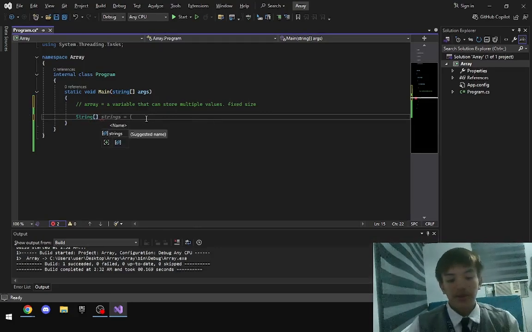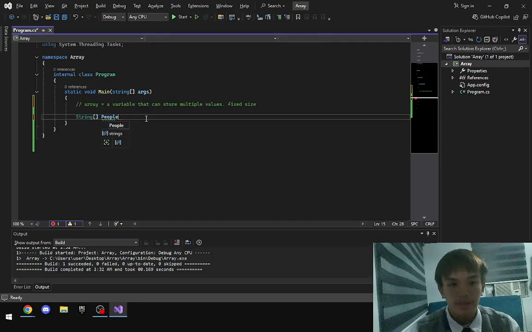So we will be typing people, an array of people equals, and then a pair of curly braces, and then double quotation marks, with the people we want inside of this.